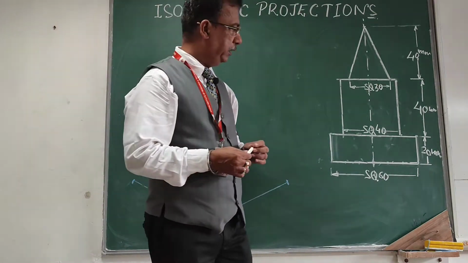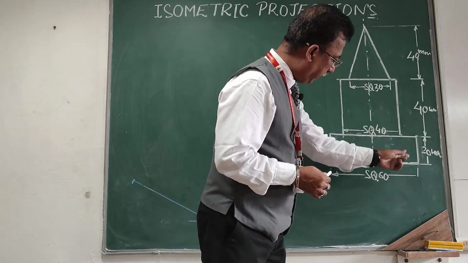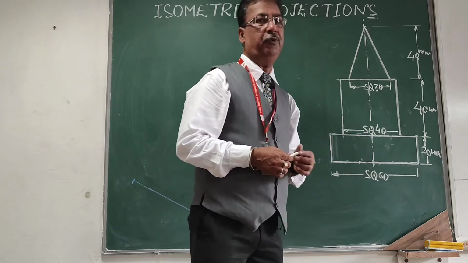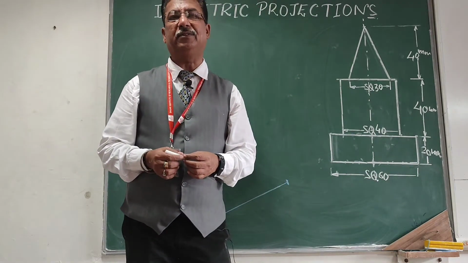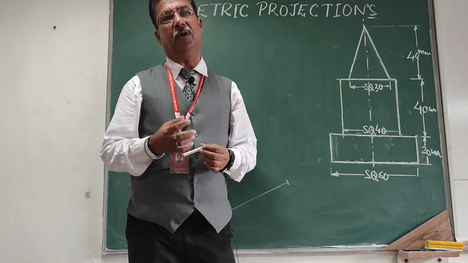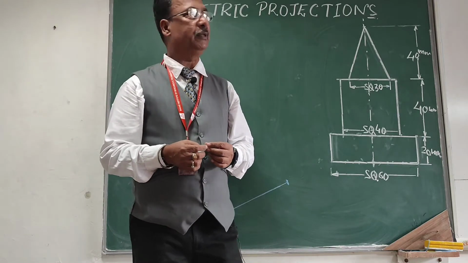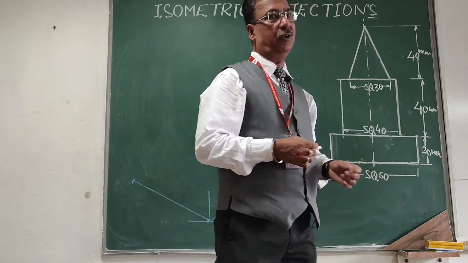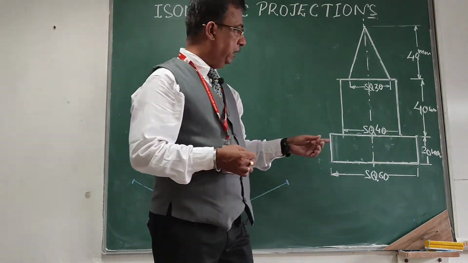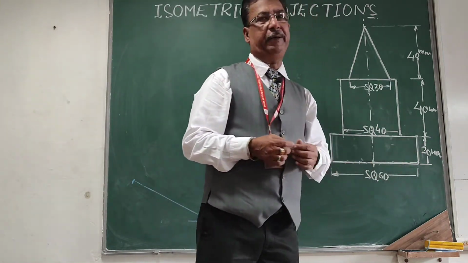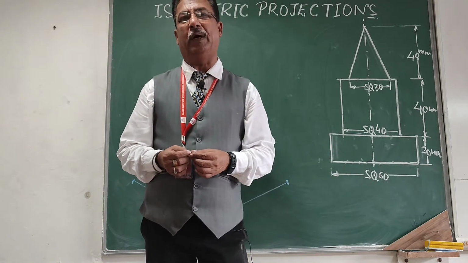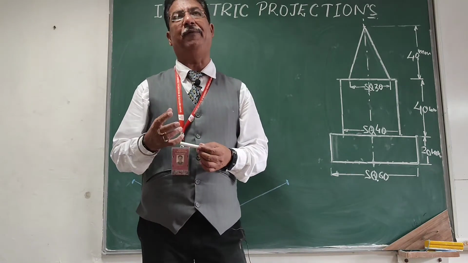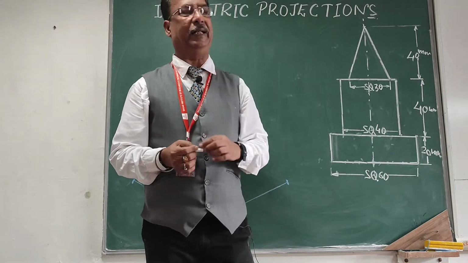complete information. If you look at this figure, for the lower part the word SQ will be used. This SQ 60 means the base of the solid will be a square of 60 mm side, and here I have shown the axis. So, the axis of all the three solids will be in the same line. Then the height will be 20 mm, it means that will be a square block. A square block means having a square base and some thickness.